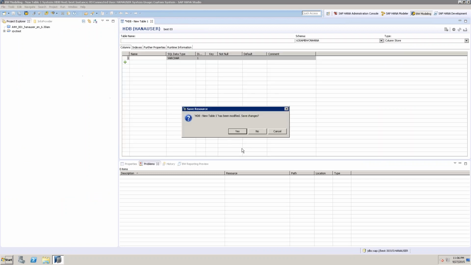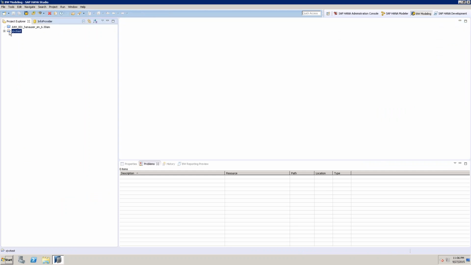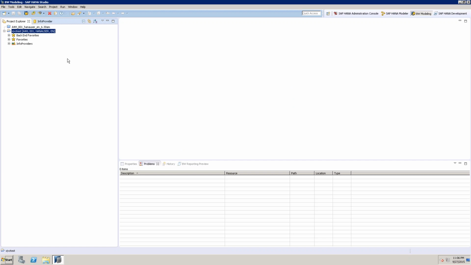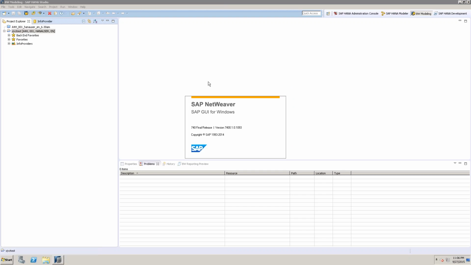What I like about this is it's pretty decent, from the presentation point of view. It is pretty simple and easy to use. Now, this is exactly what you can see in your BW system. If you go to your BW on HANA using your NetWeaver GUI,